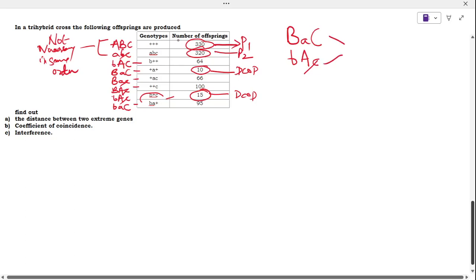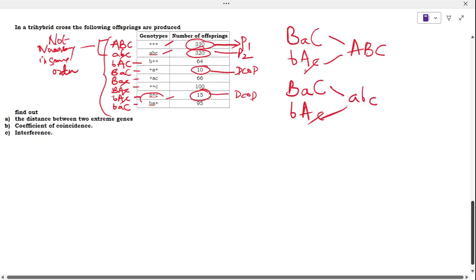We'll compare with the one parent here. First parent is capital A, capital B, capital C. Same thing, you will write it: capital B, small a, capital C, small b, capital A, small c. These are two double crossing over products. I know whatever I abbreviated, I have written in this combination, right? Instead of plus plus, it will be confusing. I have written that replacing with capital letters here, and comparing with one more parent combination, small a, small b, small c. In that, how to find out the pattern of arrangement of chromosome is, as I said earlier,